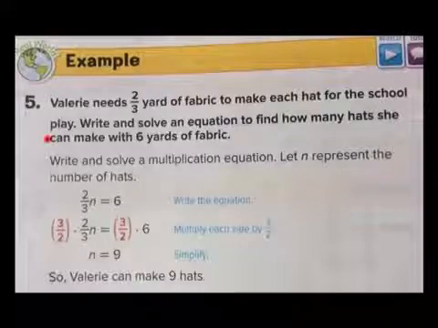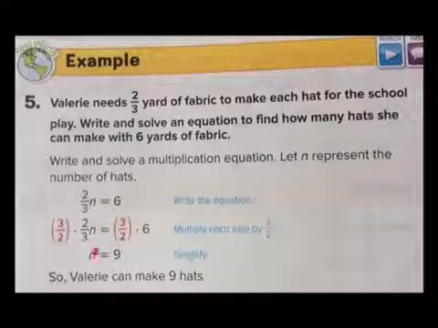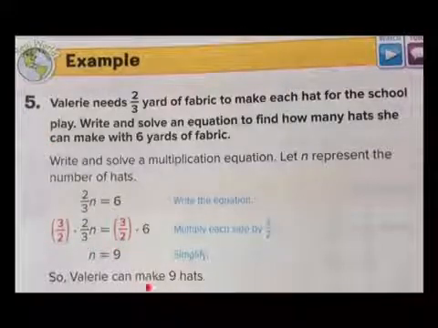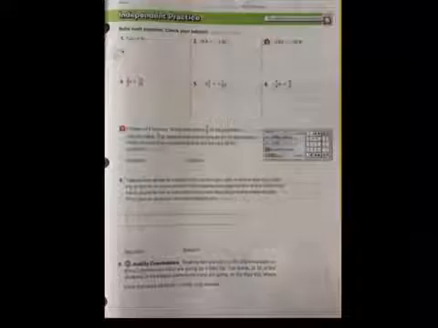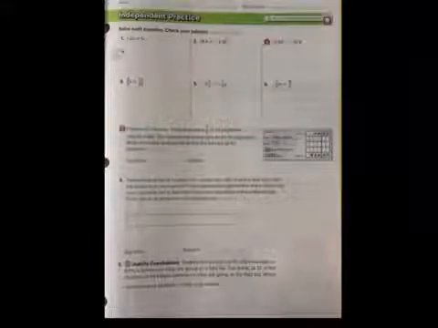Please take a look at example 5 carefully and see how the multiplicative inverse is implemented. Okay, we'll complete the guided practice in class together, and please complete the entire independent practice from top to bottom, including